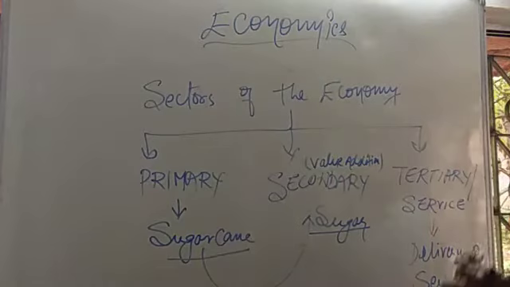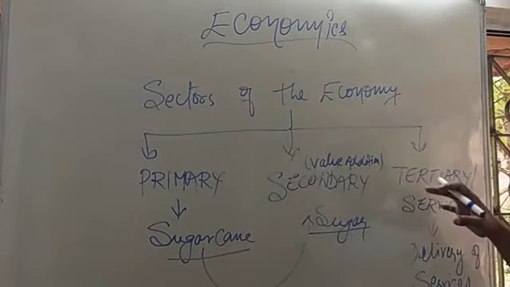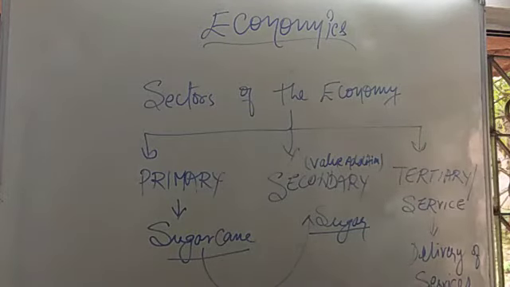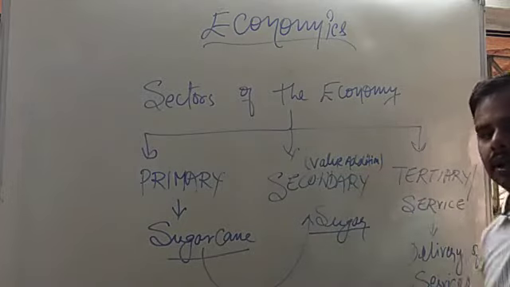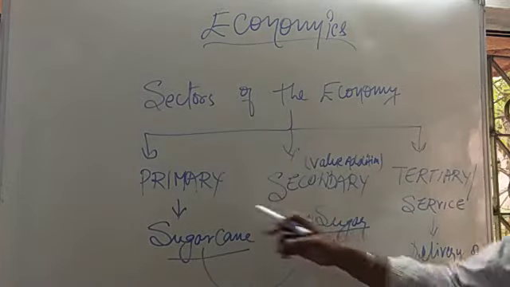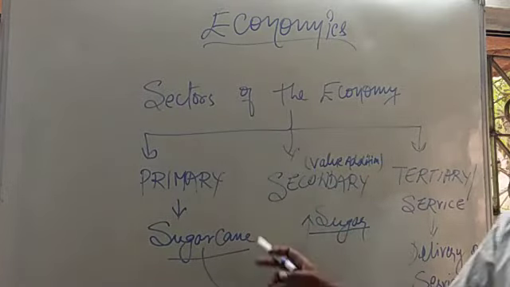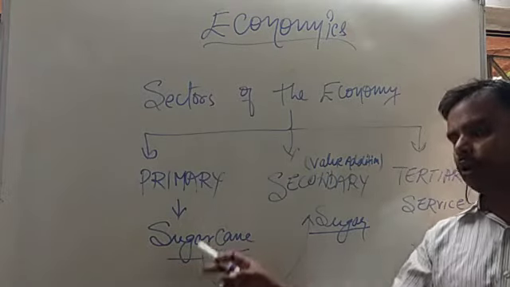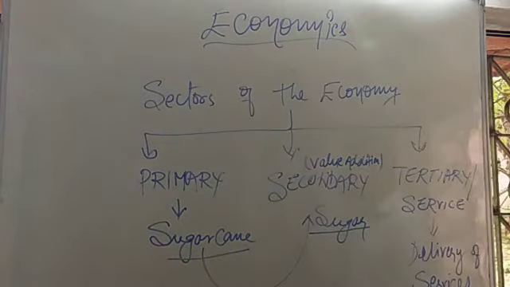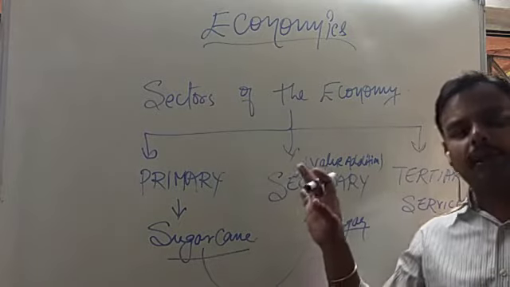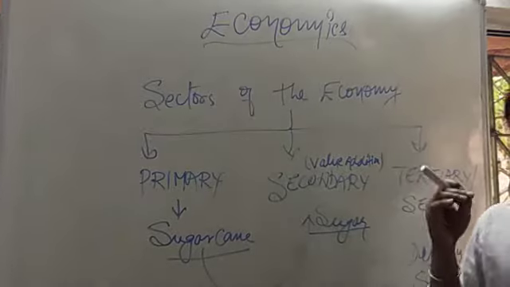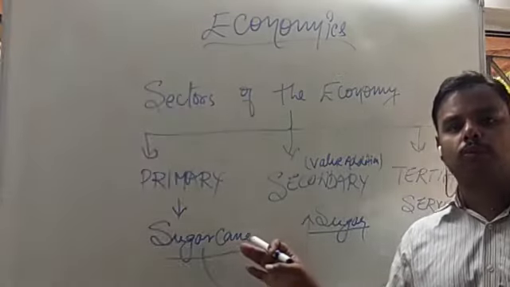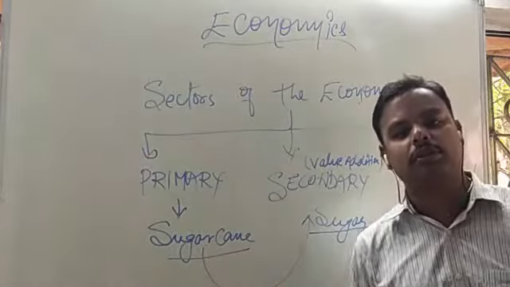Now, the chapter is all about what all these sectors are, what their contributions are in the economy, and what is the interrelation among these three sectors: primary, secondary and tertiary. I've just shown you an example of how primary relates to secondary. We took the example of sugarcane. After the farmers' self-consumption is over, the remaining sugarcane is supplied to the domestic market.